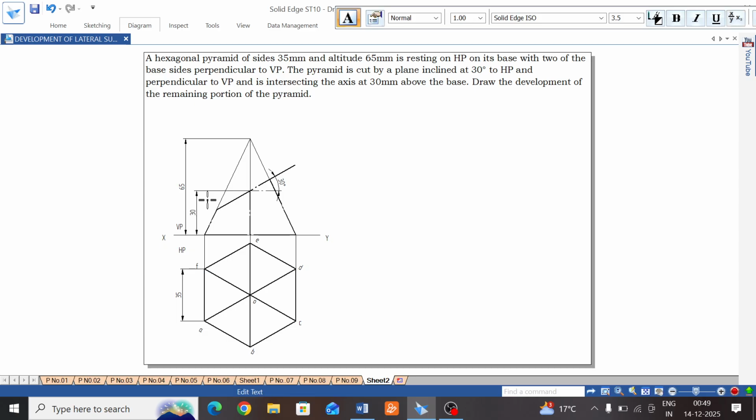Okay, you mark it 1 dash and 6 dash, last point F, and these 2 points are 2 dash and 5 dash, and these 2 points are 3 dash and 4 dash. Okay, the naming. Now we don't have the exact slant line, because none of these slant edges are